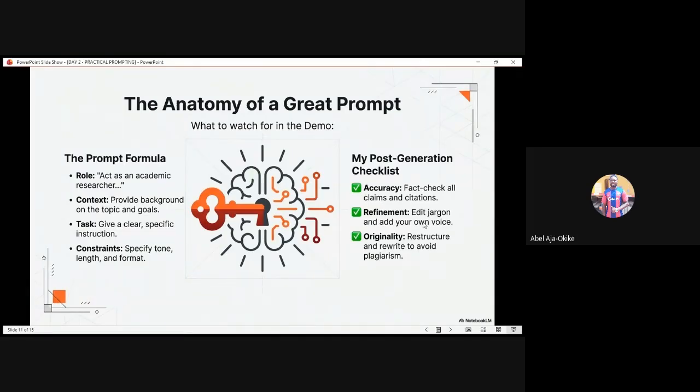So anything that you see as jargon, you can refine it and add your own voice. Restructure and rewrite citations. I've already pointed this out to avoid plagiarism. Now, there is something I'm going to show us probably tomorrow, how to refine citation and make it your own. But let me just say it in theory, just in case I forget. Let's say someone gives a statement. I think I'll have to use an example here so that we'll not just be talking. So I want to share my screen again.